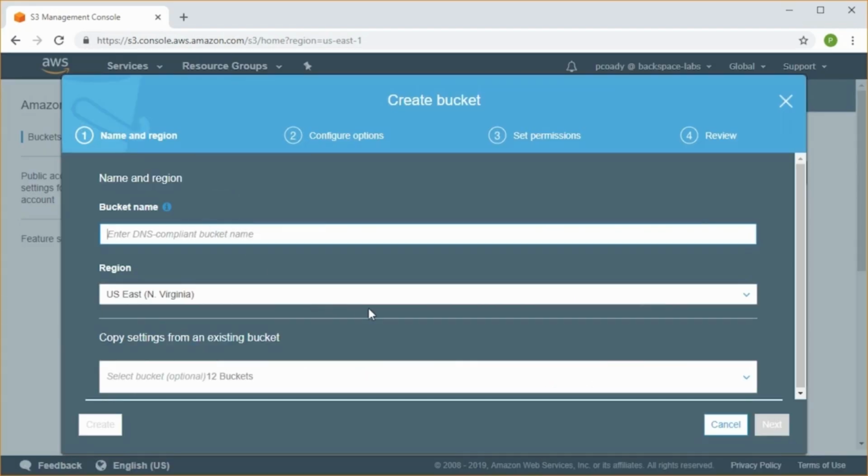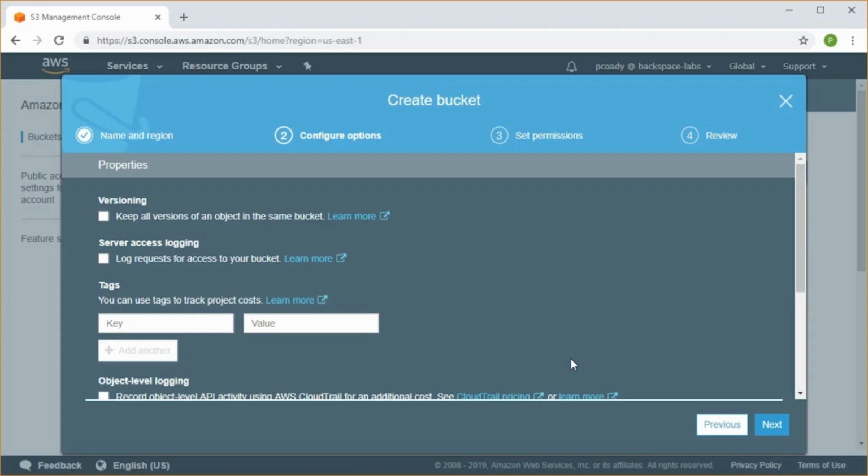And we need to give our bucket a name. So I'm just going to put in anything there, just a whole heap of rubbish, but you can give it whatever you want to call it. Now, a bucket name needs to be unique across AWS. So if someone else has actually used that name, you can't use it as well. So it's a bit like domain names. Once you've got it, no one else can use it after that. So if, for example, I type "lab" or something, no doubt that would have been gone. So I'll leave that as it is. It's just a whole scramble of letters there. And we'll click on next.